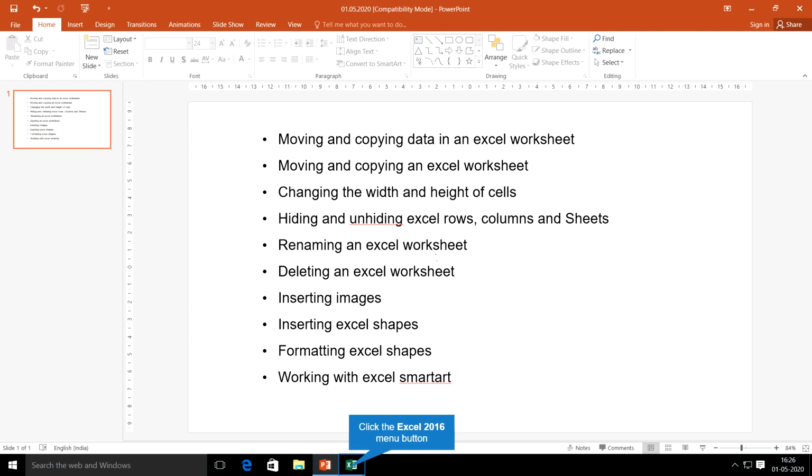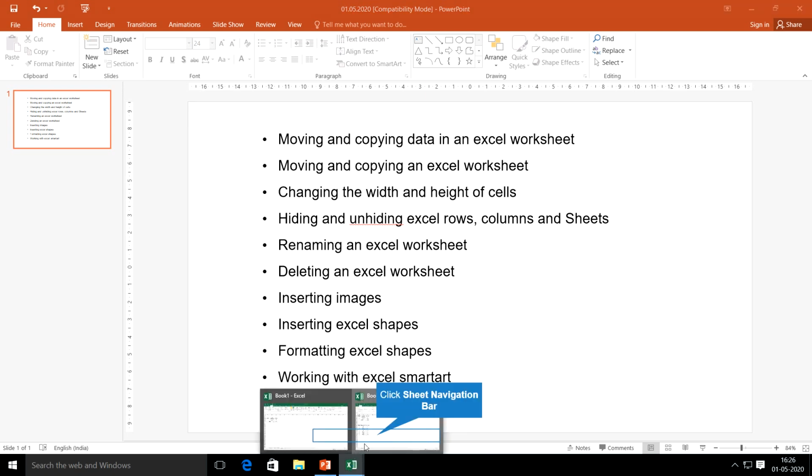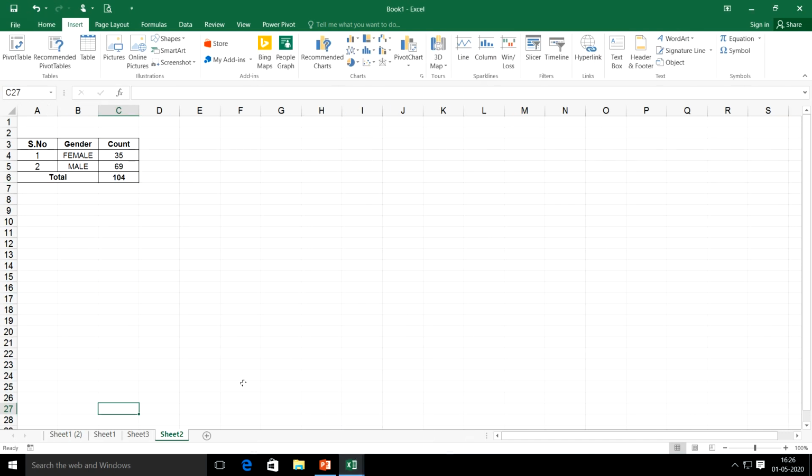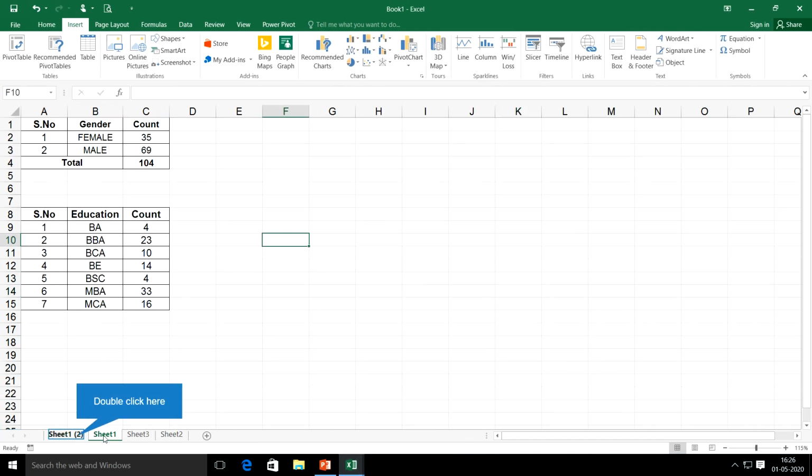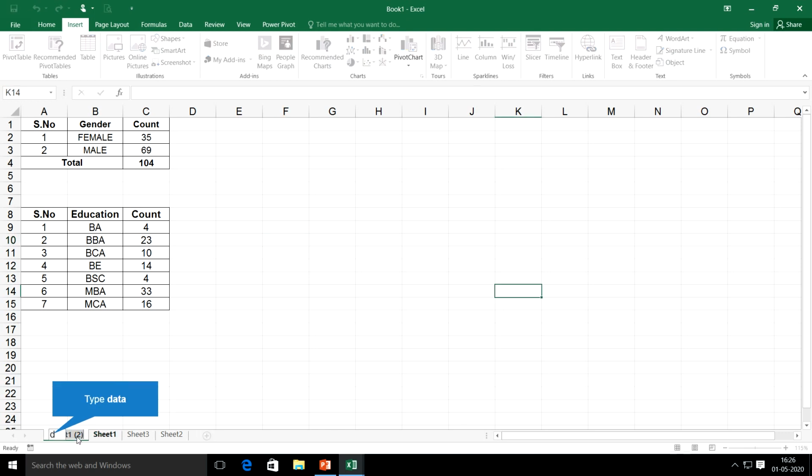Then renaming an Excel sheet and deleting an Excel sheet. Yes, here we have many sheets. So instead of sheet 1 and sheet 1 of 2, I want to rename it as data.